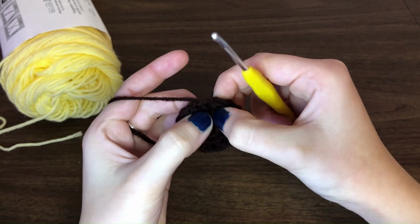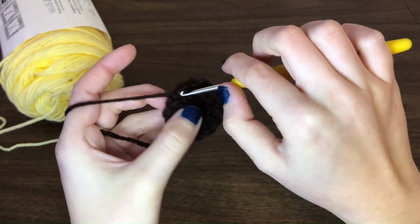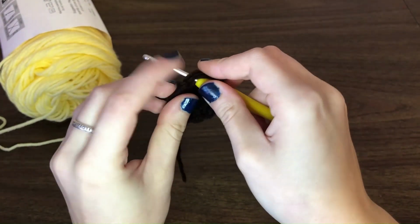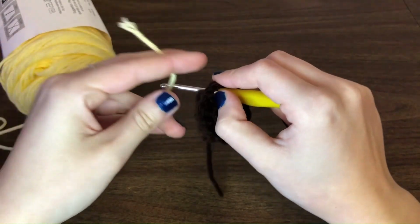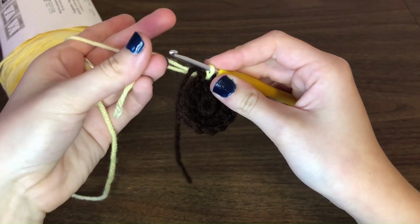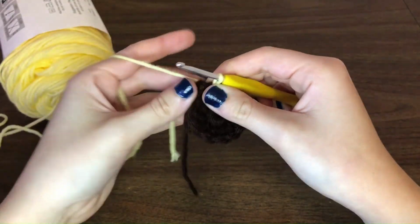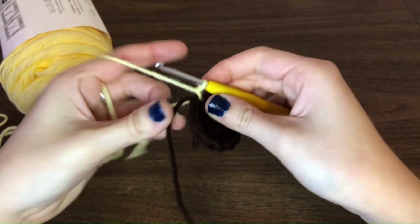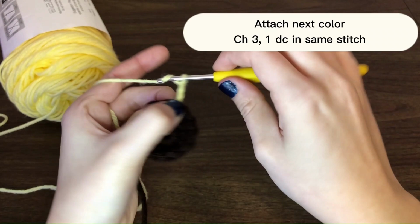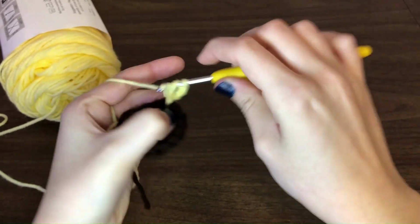So we're going to insert our hook in between that chain 3 and the last double crochet stitch, which you can start in between any of these double crochets, but that's where I like to start. So we're going to pick up our yellow, bring it through, lay our tail where we can crochet over it, and we're going to secure this yarn by chaining, and then chain 3, and then double crochet 1 into that same hole,